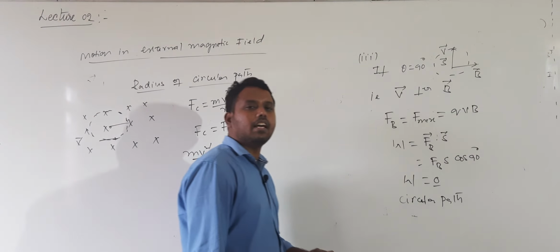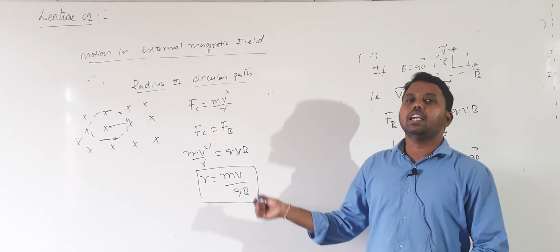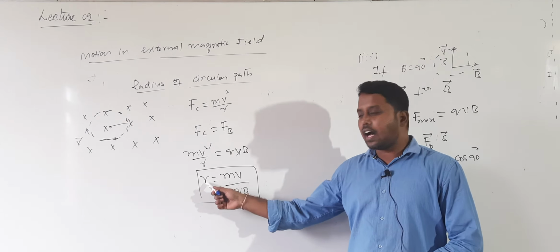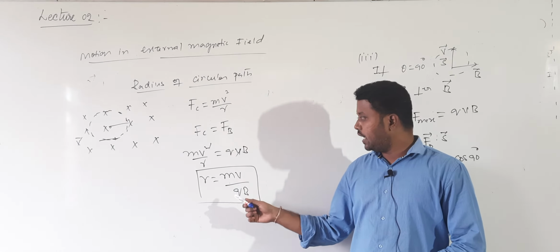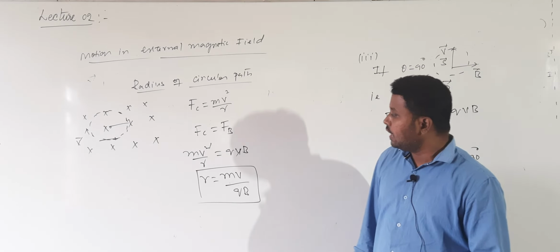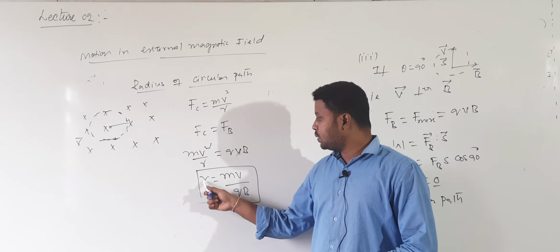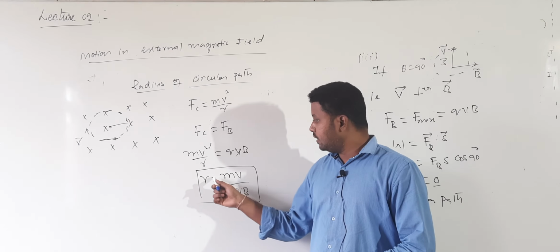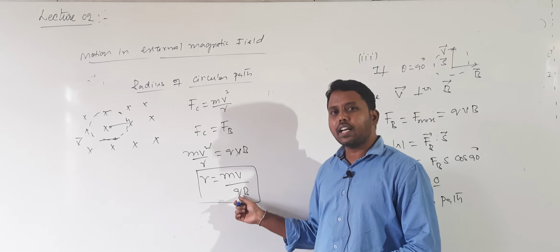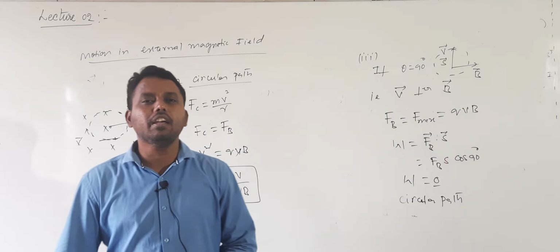The radius of the circular path described by a particle that enters a uniform magnetic field perpendicularly is given by the formula r is equal to m into v divided by q into B. Correct? So this radius depends upon the mass of the particle, depends upon velocity, and is inversely proportional to charge. From an objective point of view also, this radius expression is very important.